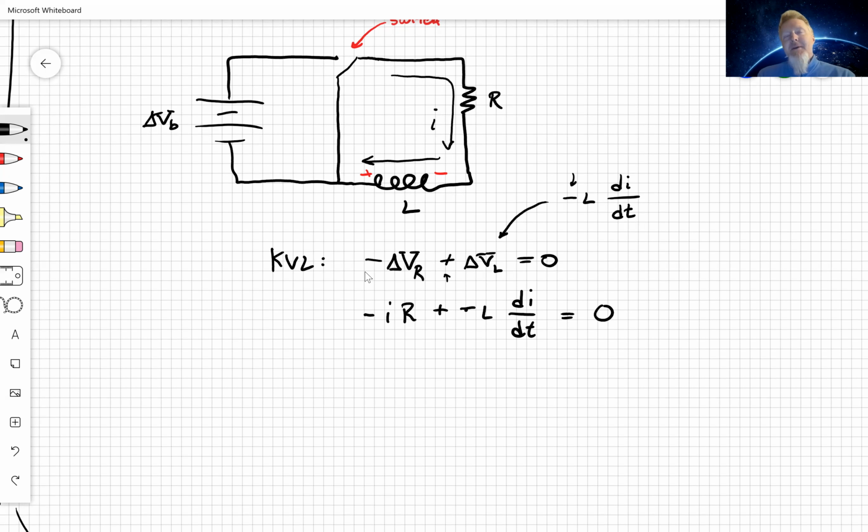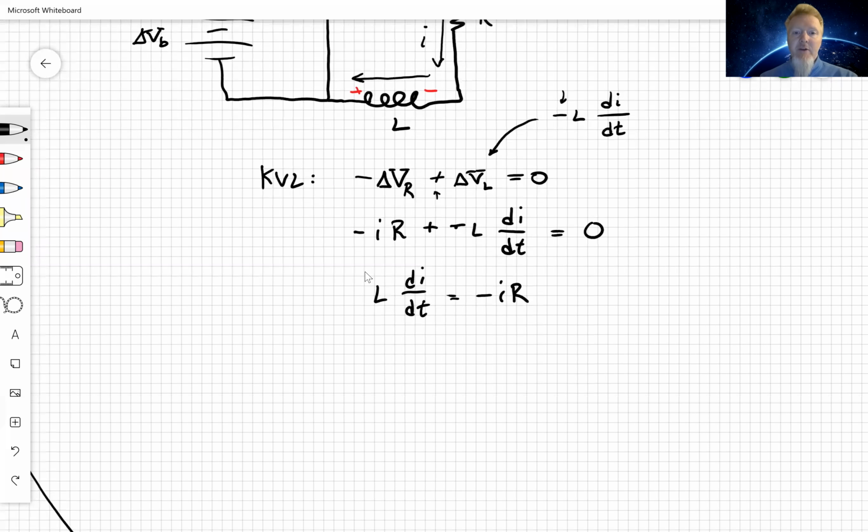So it's a bit of a negative sign double switch here. In other words, just in case you didn't catch that, I should not have put this minus. This minus here is not this one here. Okay, it's from the decreasing current. Point being that it's there, and what I'm going to do is solve for what the time behavior of the current actually looks like. So I'm going to zing this thing over to this side,